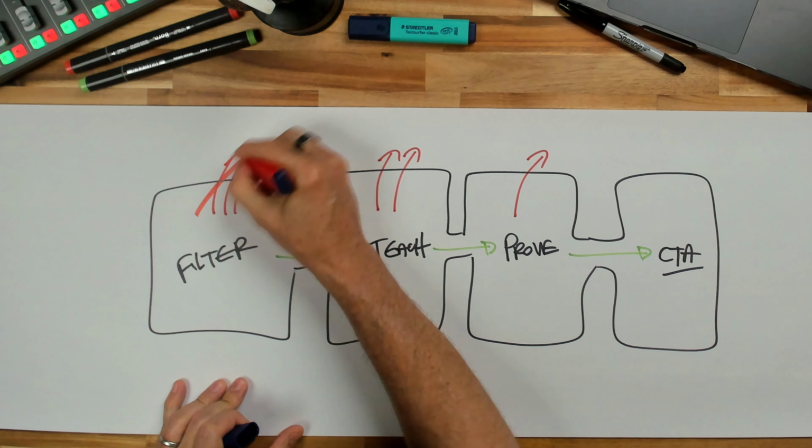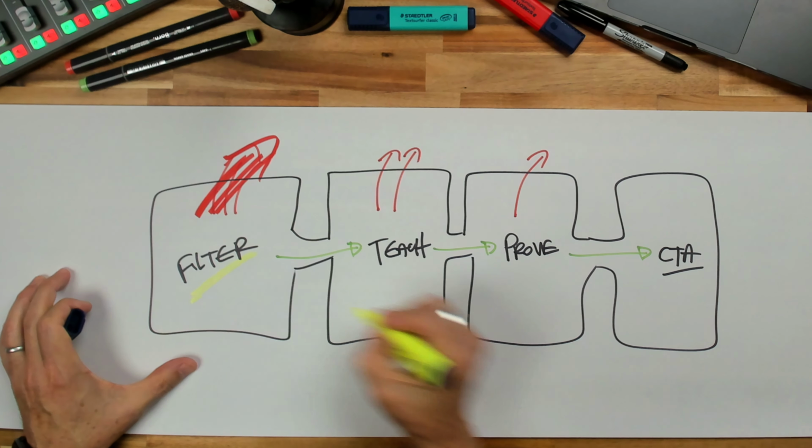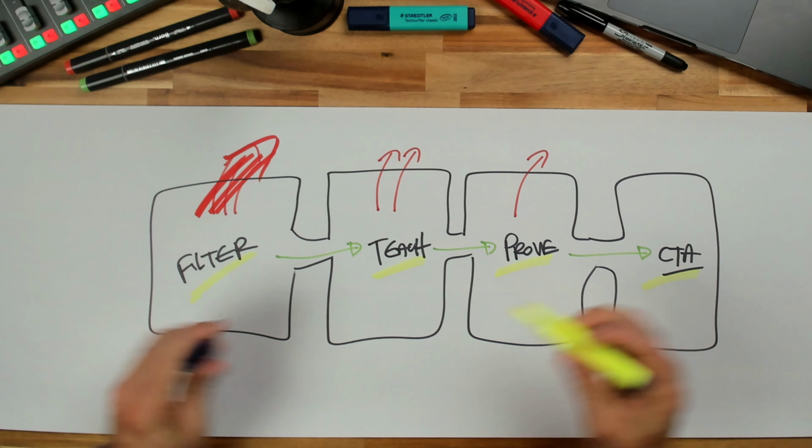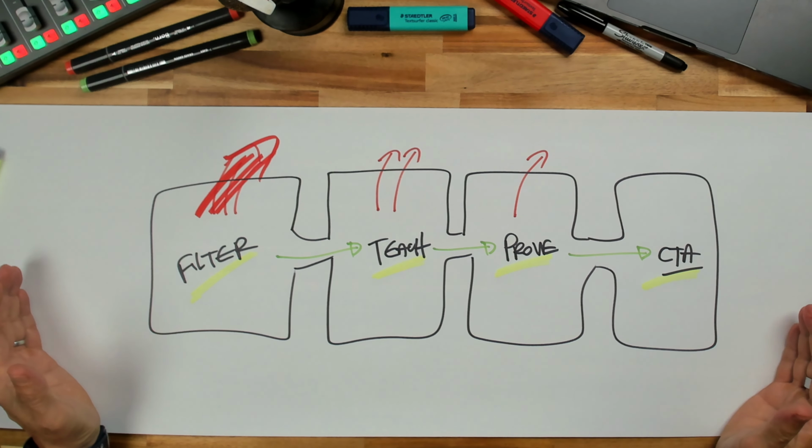Now remember, if the wrong people leave here, that's not a problem. That's the algorithm doing its job, and that's the system working, because we only want qualified conversations coming through this pipeline. Every piece of content should be nudging the right type of prospect to have a conversation with you, right? So the goal is to filter hard, teach deep, prove results, and then convert easier. And sales calls get easy when you've got this infrastructure in place. If you do this, you don't need to go viral. You just need the right people to binge the right things.